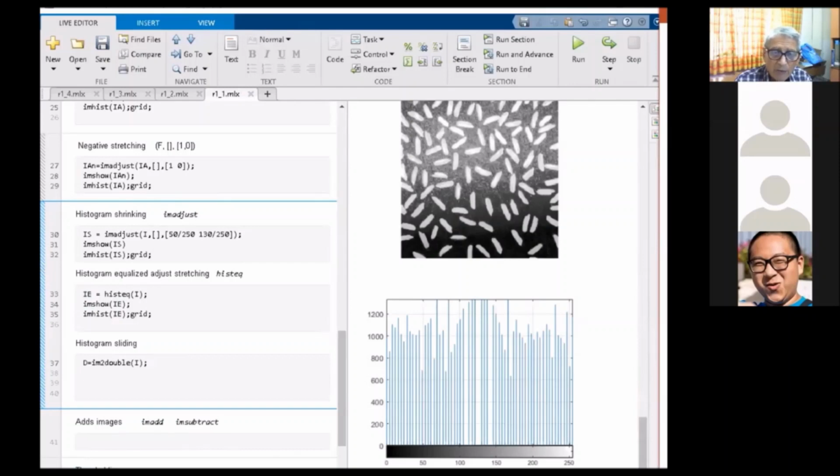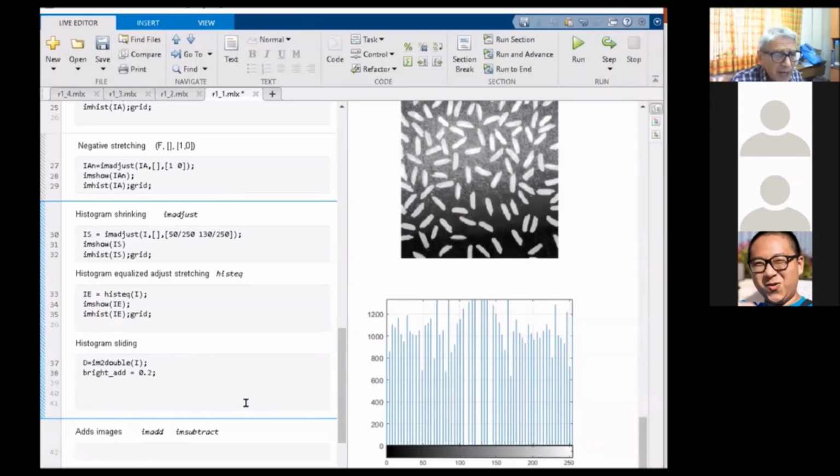And let's choose the brightness value, for example, 0.2. And let's make a new matrix with more brightness. We took our initial matrix D and we make addition of this